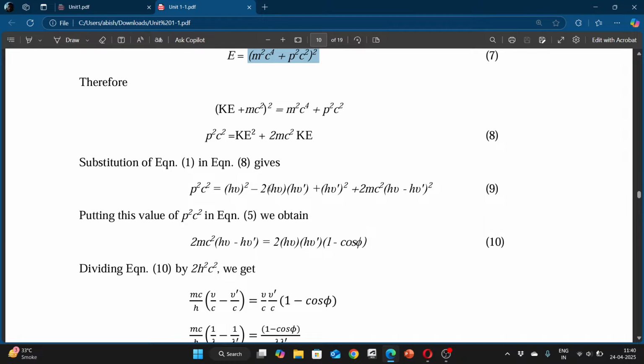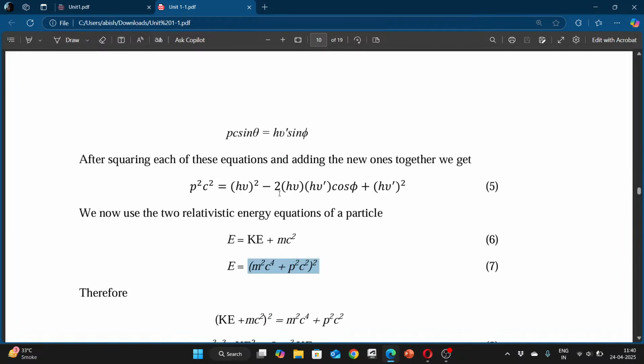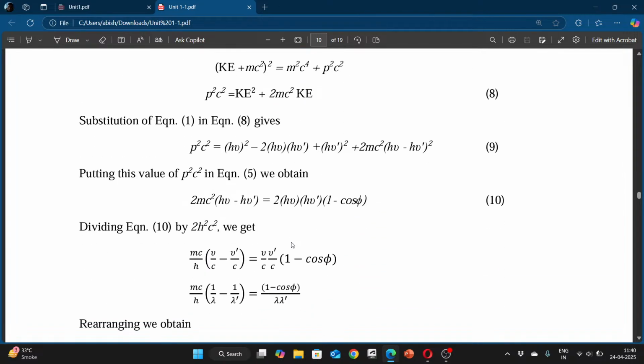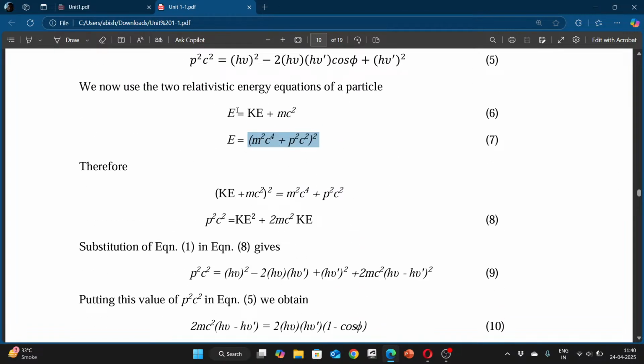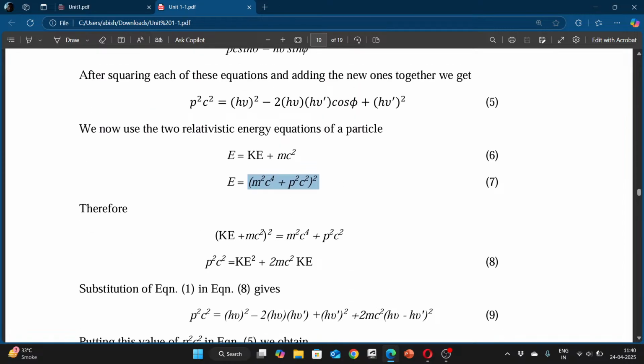अब पुटिंग द वैल्यू ऑफ पी स्क्वायर सी स्क्वायर इन इक्वेशन 5, जो है ये, राइट, तो लेफ्ट साइड पे ये आ जाए। पहले तो हम लिख देते हैं, ये इनका वही कैलकुलेशन बहुत भयंकर जा रहा है। तो इधर जो पी स्क्वायर सी स्क्वायर इधर जो नौ नौ वाले में आया वो इधर डालना है, तो इधर बस लेफ्ट साइड पे डाल देना, फिर काट कुट के देखते क्या आती है। तो एच में तो बहुत भयंकर इक्वेशन आ रहा है।